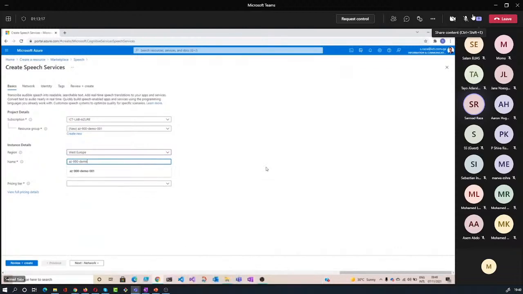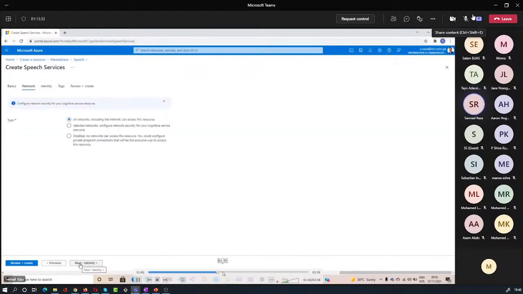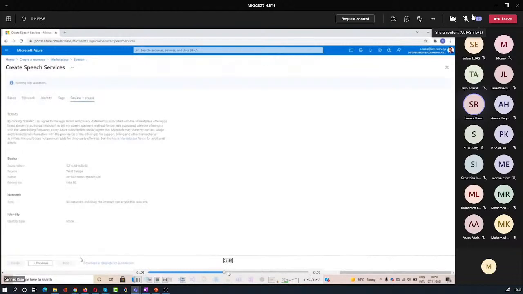These services are priced according to how many calls you are going to make. Basically, you will just create the service in Azure, and once it's ready,